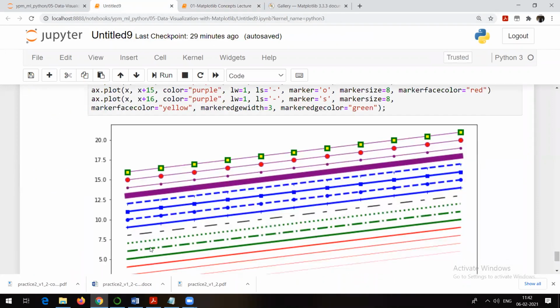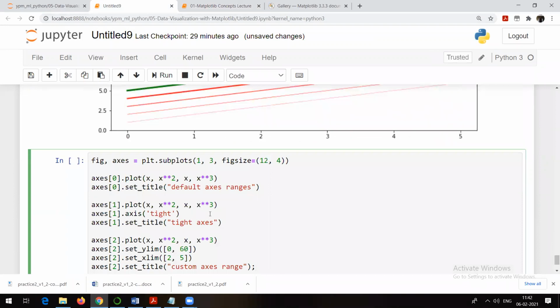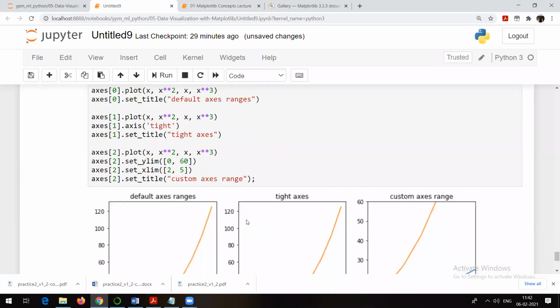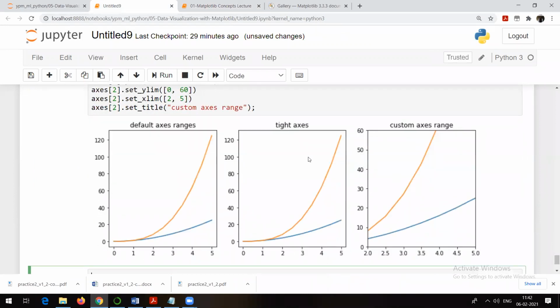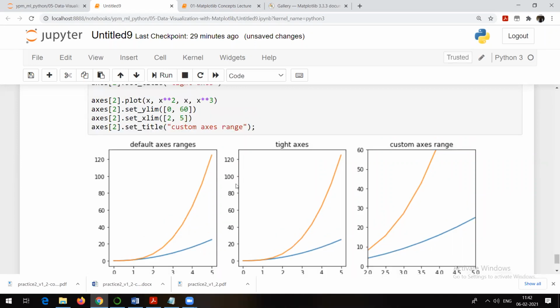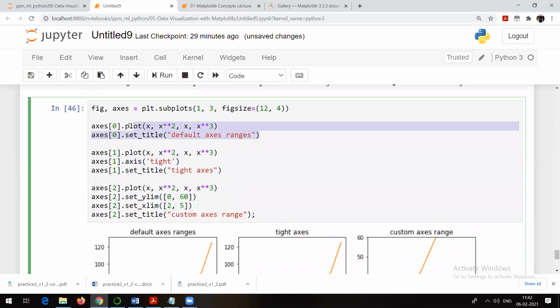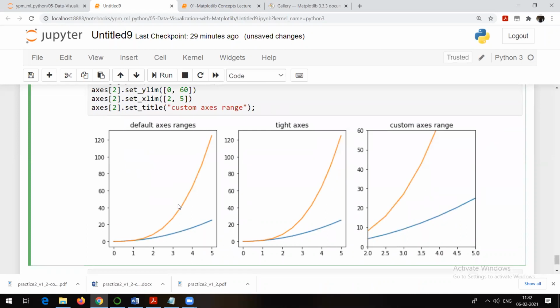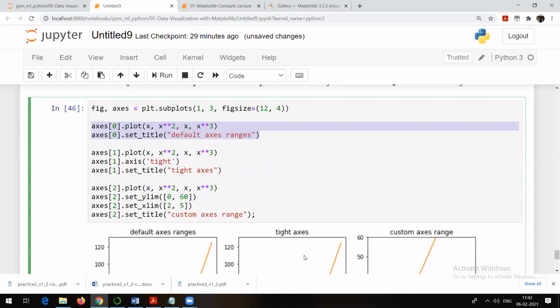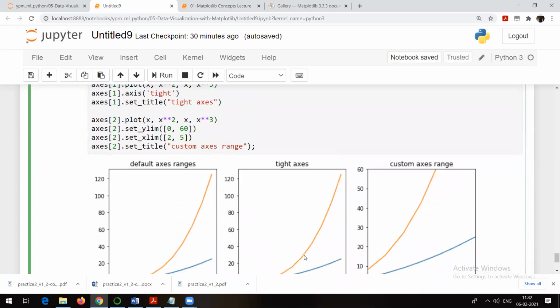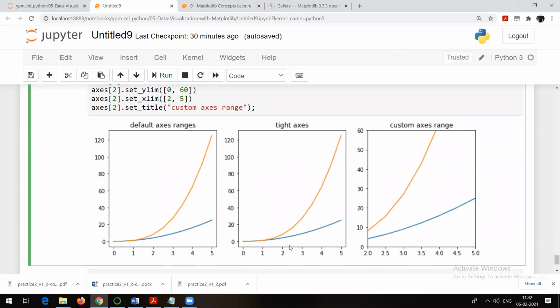That's what I want to show you. Suppose I go here and run it, now you can see the axis: tight axis, custom axis. So there is a customization available with the help of Matplotlib. I hope you have understood. See this particular thing, set y limit, set tight. By default it is fine, and if you are not giving anything, then you are going to see the first type of figure. So respective code and respective figure. I hope you are able to understand from that.